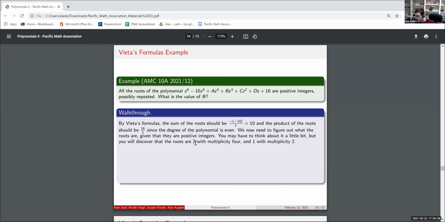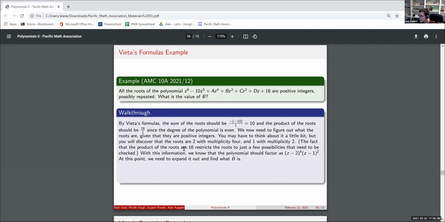But you can find that the roots are 2, 2, 2, 2, 1, and 1. You can get this by looking at groups of 6 numbers that multiply to 16 and finding the ones that sum to 10, basically. All right, so we have our factorization of the polynomial. If we can just expand this,